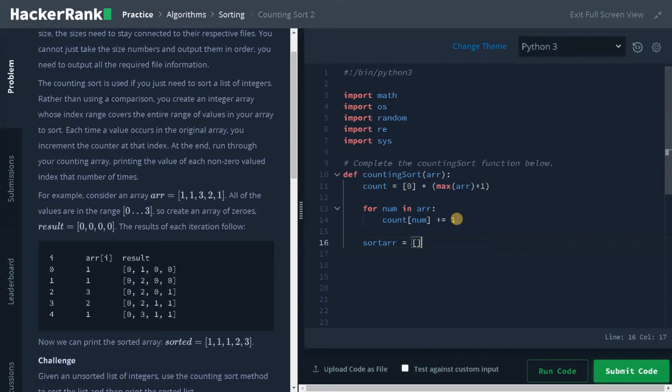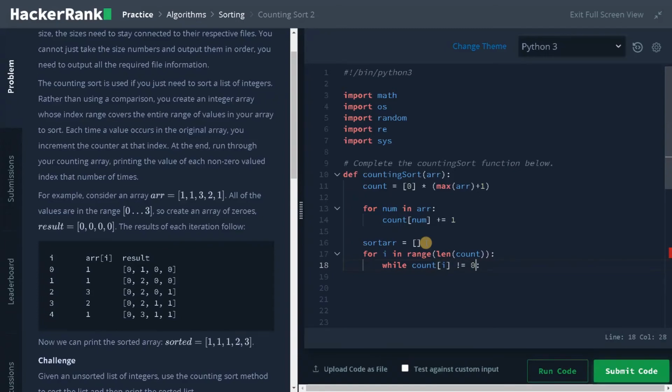Now we need to use this integer array to print the sorted array. So for i in range of len of count, while count of i is not equal to 0, we can just specify it here.